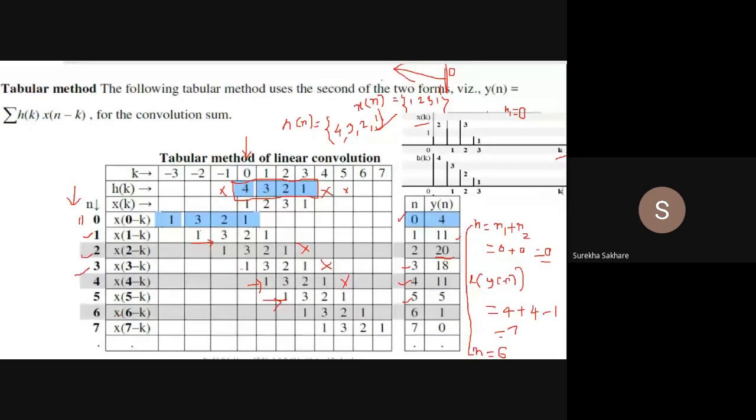Then you have 6 minus k. Again a shift. Unless there is a single overlap, we'll keep on doing this. Now just see, there is one single overlap. So 1 into 1 will be 1. Now there is nothing here. And if I go for the next shift, what happens? Now you just see they are side to side, so there is no overlapping. So there is no point in calculating after this. n is equal to 6. So we have to give one value for our understanding. What is the length of the signal values? n from 0 to 6. The whole length is 7. Is it okay?